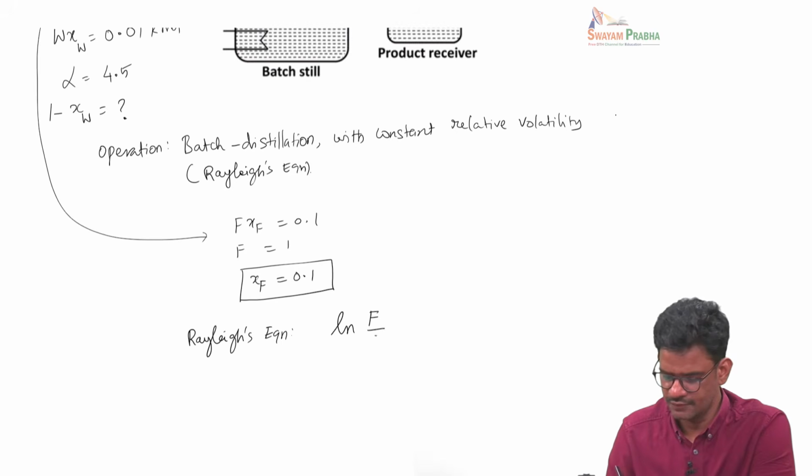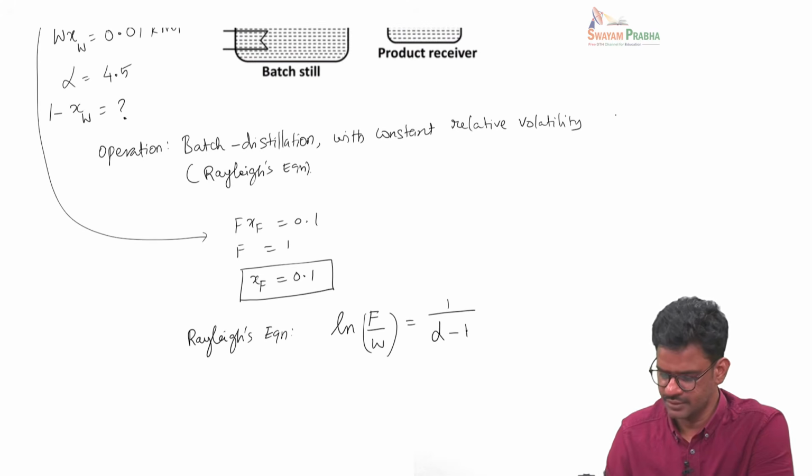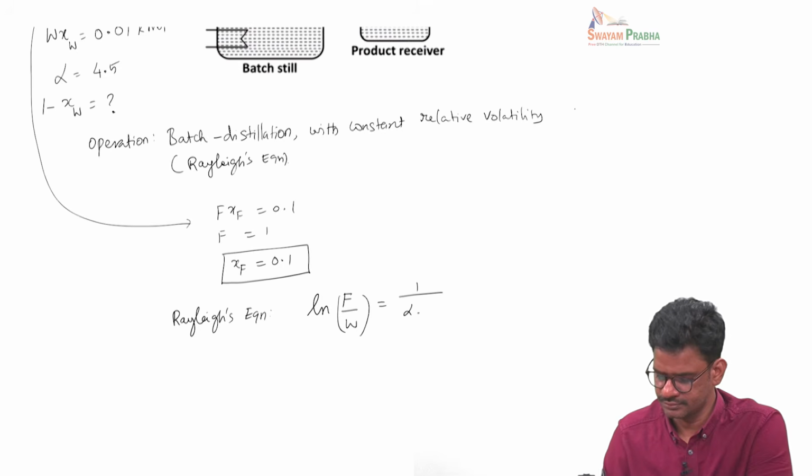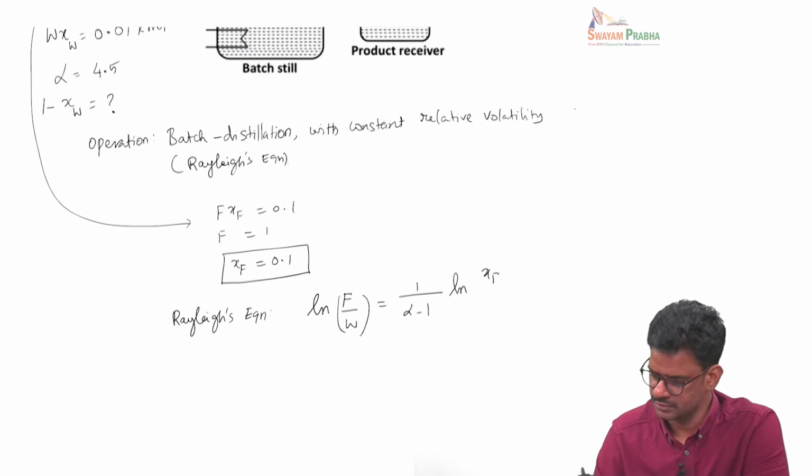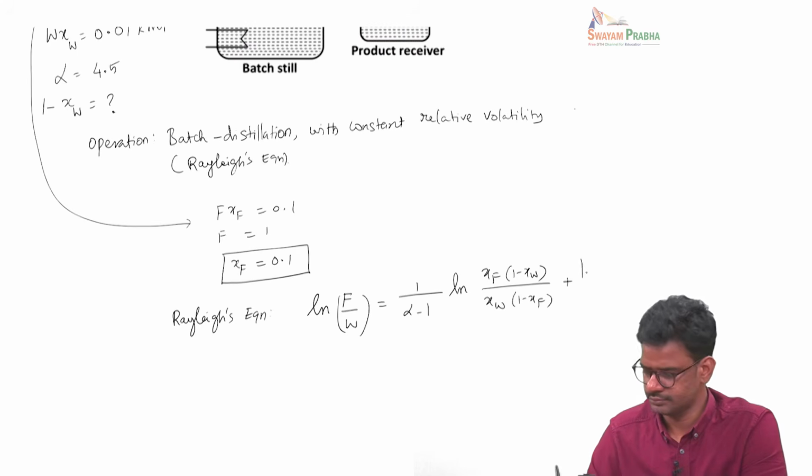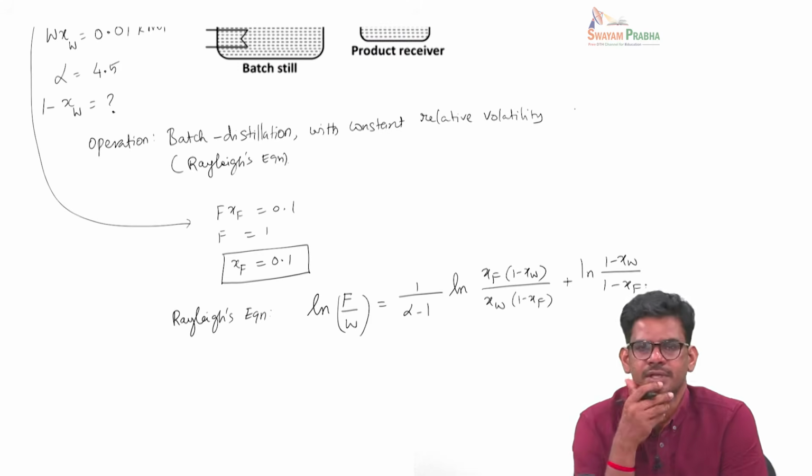So, this is ln of F by W is equal to 1 by alpha minus 1. So, this is Rayleigh's equation,